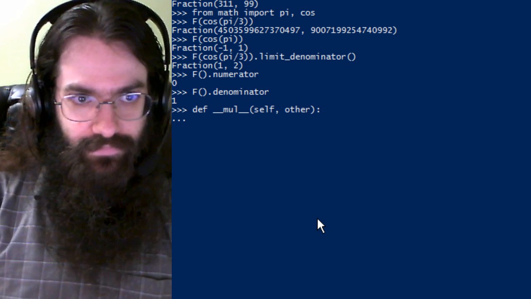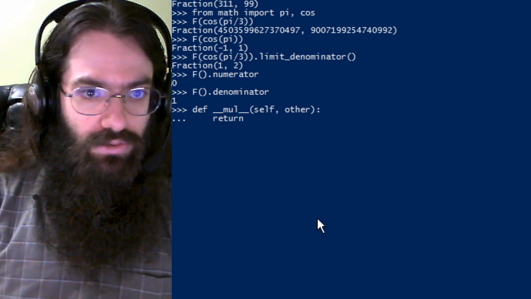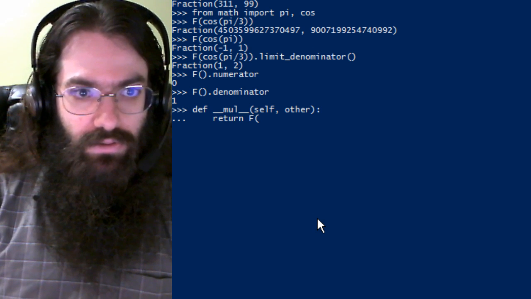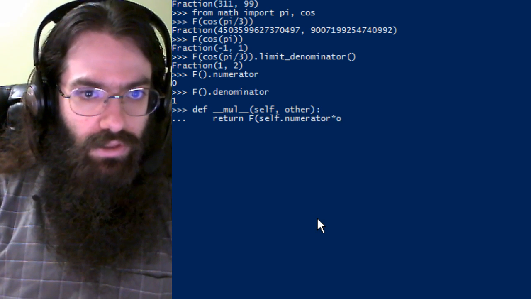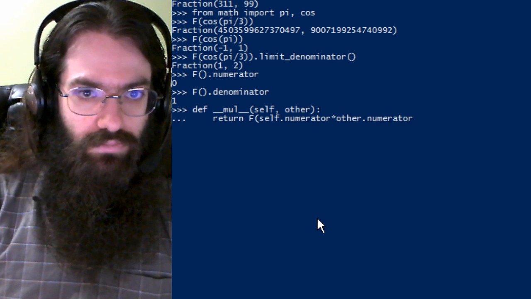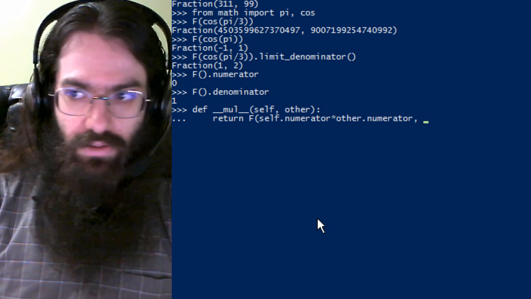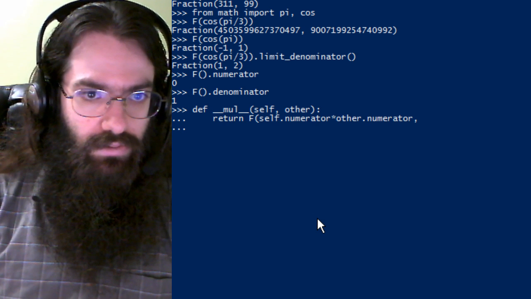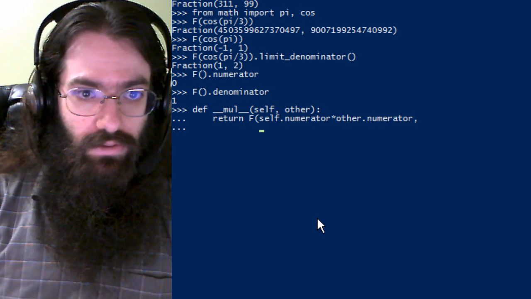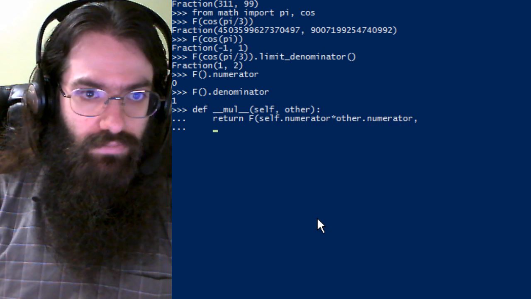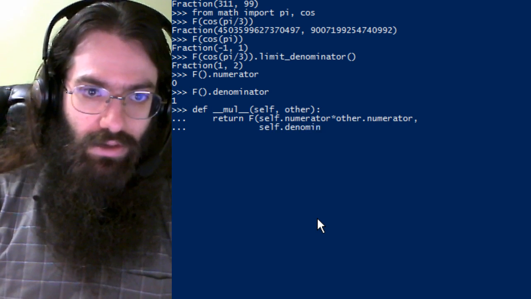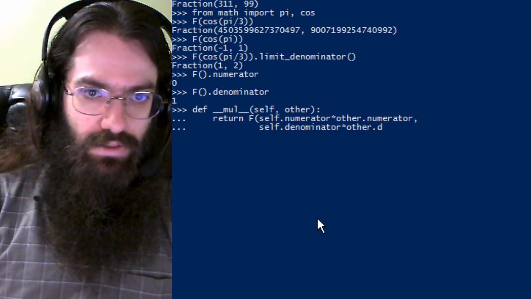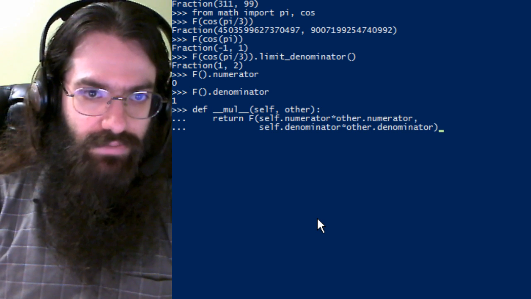So what we have there would be return fraction with self dot numerator times other dot numerator, and do I have to do this? I don't know. I don't know if it'll get mad at me for mixing tabs and spaces, but we shall find out. Self dot denominator times other dot denominator, because that's how you do fractions,